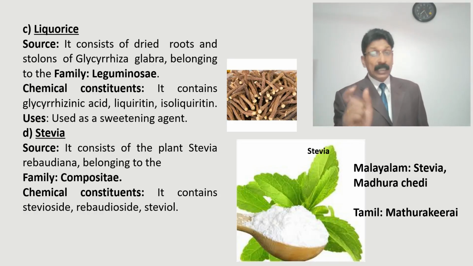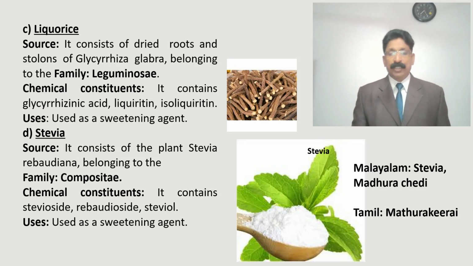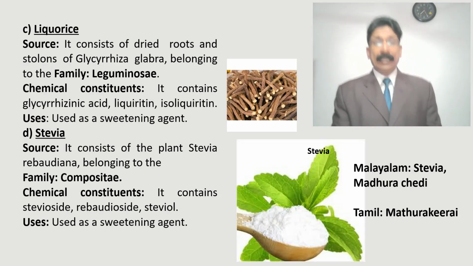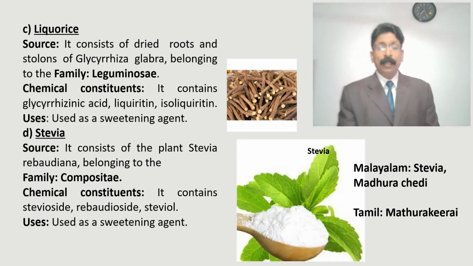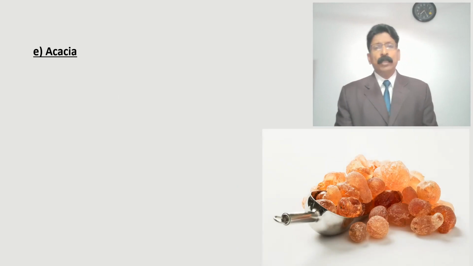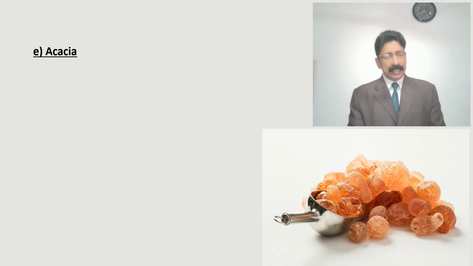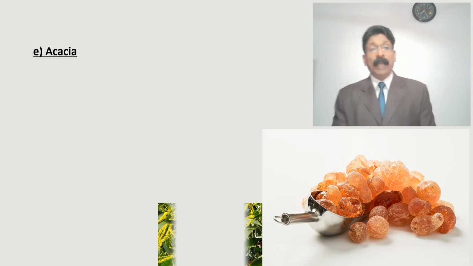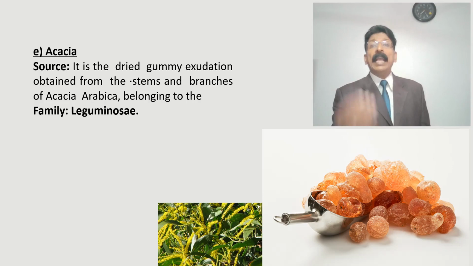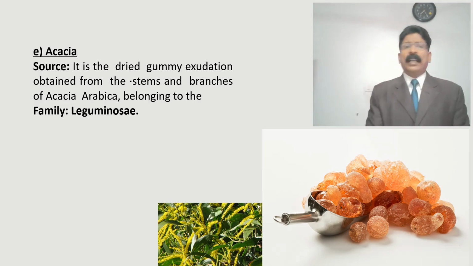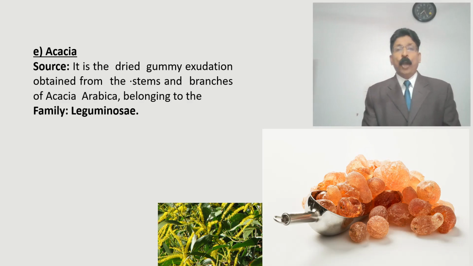So at least a structure of this compound has to be specified by the student when they are writing an example like stevia as a sweetening agent, as a natural sweetening agent. Interesting to know, used as a sweetening agent. When you come to acacia, well known, you know that it is an unorganized drug. It's an exudate. It's derived from the plant Acacia tree. It's a gummy exudation obtained from the stems and the branches of Acacia arabica, belonging to the family